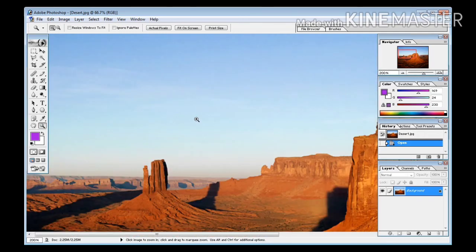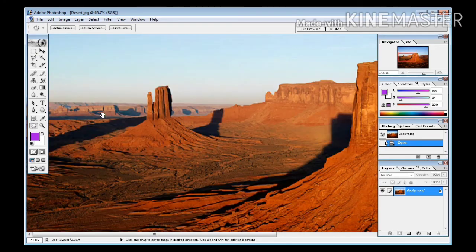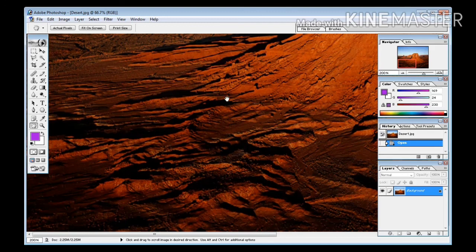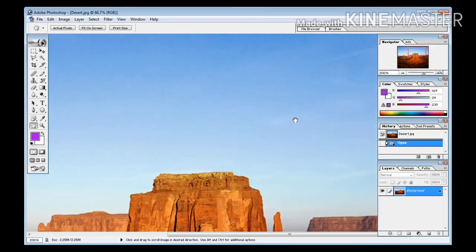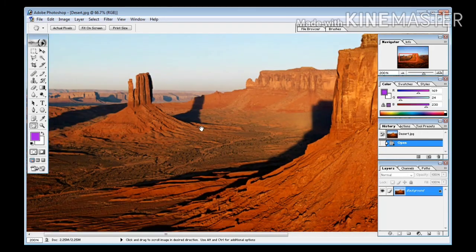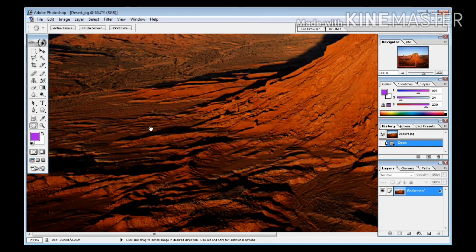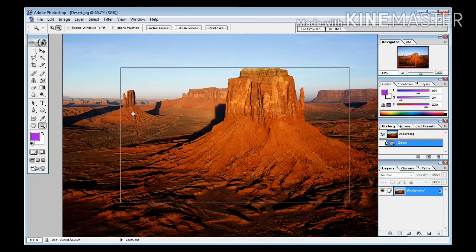Similarly, now it is zoomed in image. It is too large. If you want to see the particular part of an image, so you can use hand tool to navigate. It is used to move the large image like this. You can move. This is the use of hand tool. Again, I am telling you, shortcut key to zoom in is Control plus, and shortcut key to zoom out Control minus.